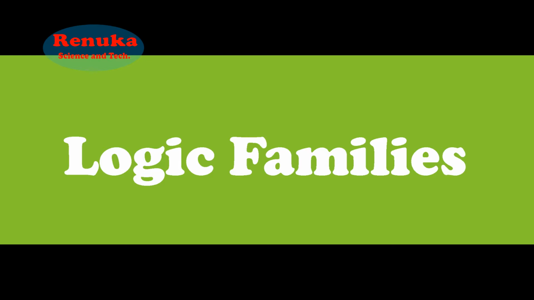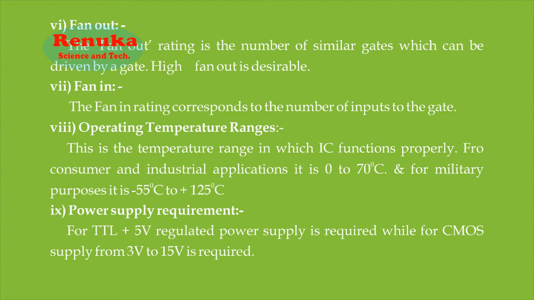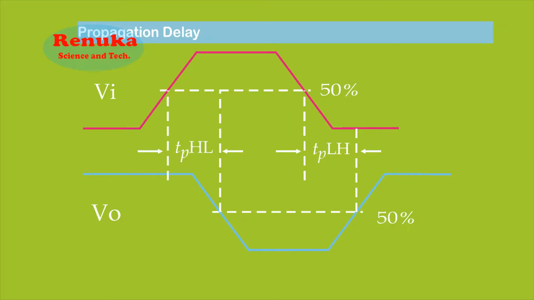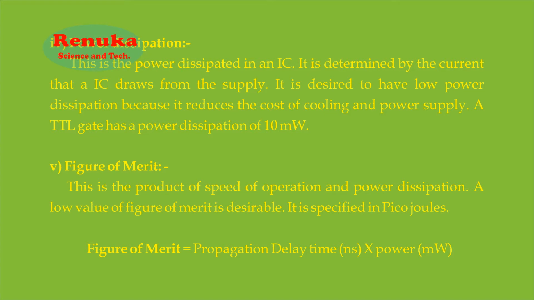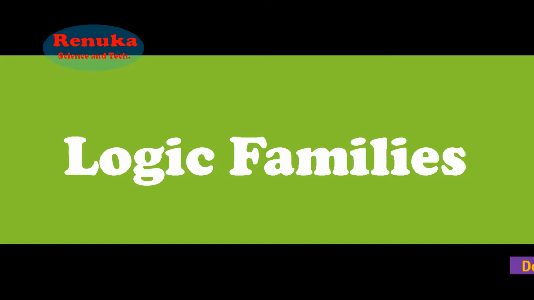Now, in the last period also, we have discussed the parameters of logic families. Parameters such as noise margin, fan in, fan out, and then propagation delay, and so on. These parameters are used to compare which logic family is better to use as a logic gate. So that is why those parameters are very important. We have seen their definitions, their meanings, and their ideal values for the logic families, and these parameters are very useful. So in the logic family, these are the topics we have already discussed.